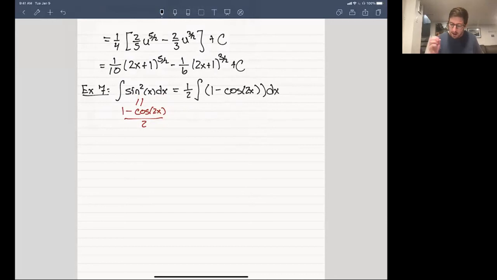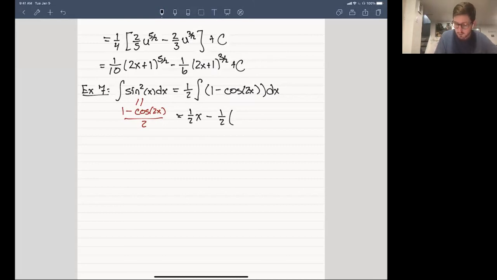And so now what I have is something that I can actually solve for, right? If I want to, I can do a substitution for u is equal to 2x here. And that's going to clean everything up for me. I'm going to go ahead and skip the steps. I'm going to leave it for you to do the substitution as an exercise, but I will give you the answer. You get 1/2 x, that's from integrating up the 1 term here, minus 1/2, and then integrating up, finding